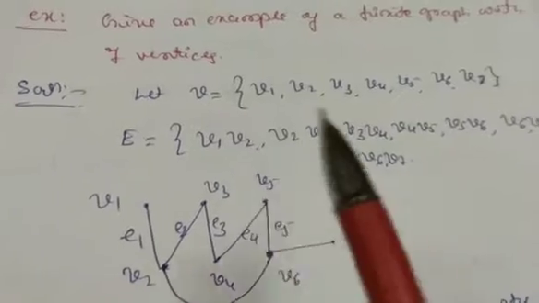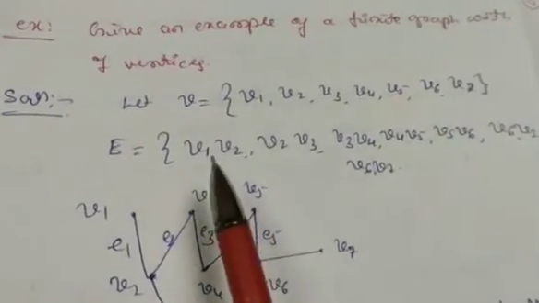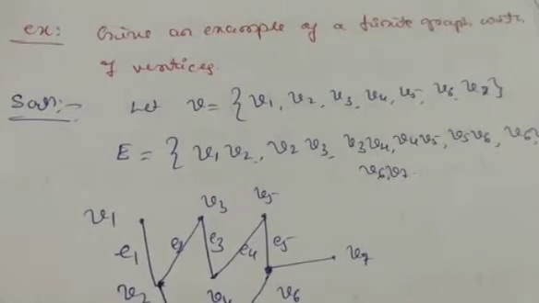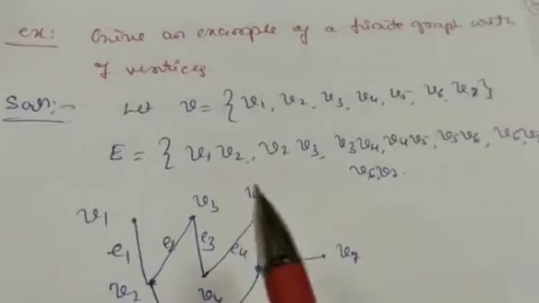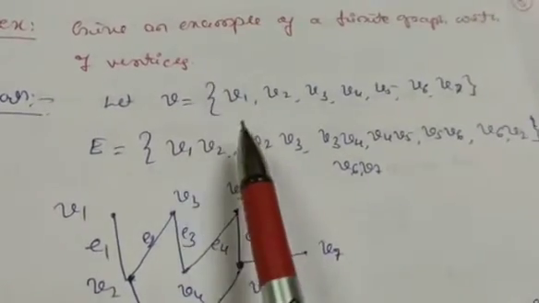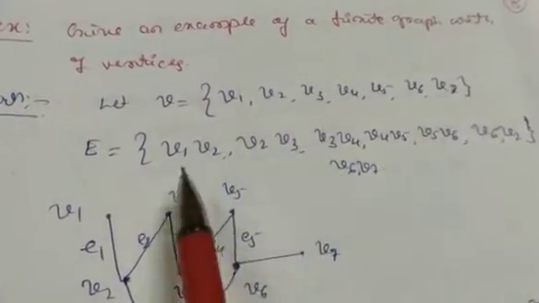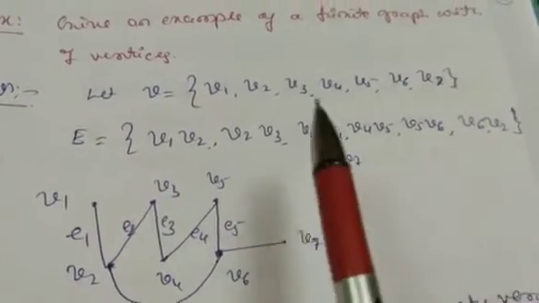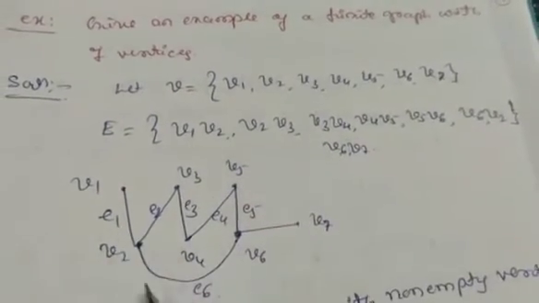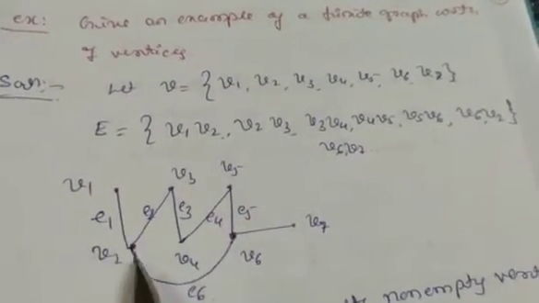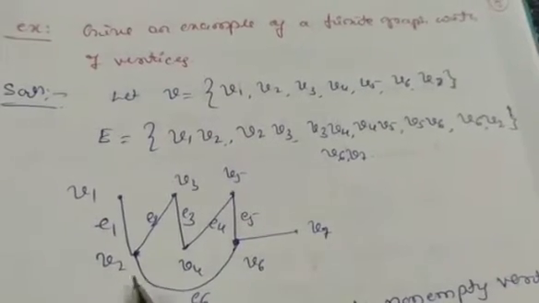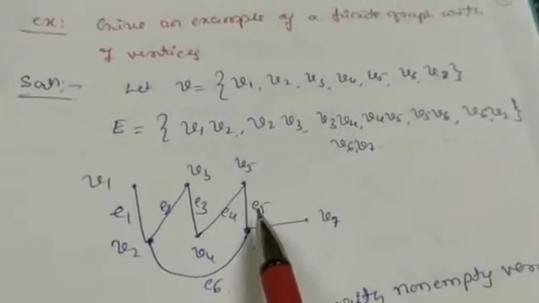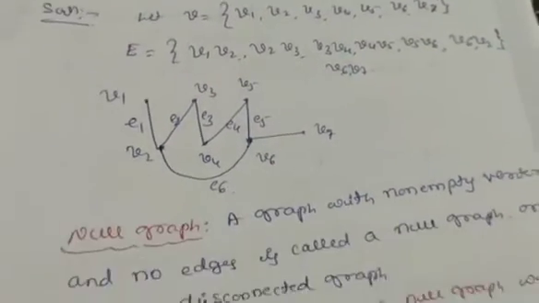Let's take one more example. Give an example of a finite graph with 7 vertices. The first point is that a finite graph means it has a finite number of vertices and a finite number of edges. And here the only condition is that it should have 7 vertices. Let us take one graph whose vertex set is v1 to v7, and edges are joined according to us, because they have not given any condition. So I have taken 7 vertices and joined them as I like, which has any number of edges, because they have not given any number, but it should have finite edges.